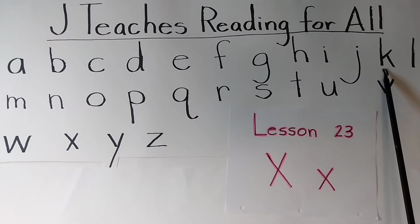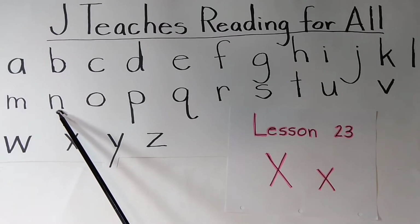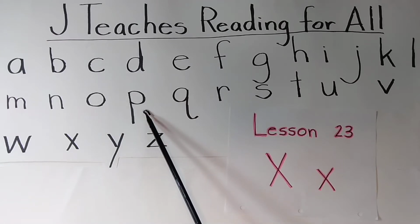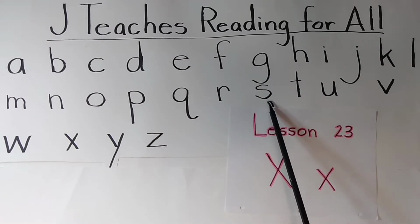J, jet. K, kite. L, lamp. M, mountain. O has two sounds: octopus or ostrich. P, pig. Q, quarter. R, rake. S, two sounds: snake and